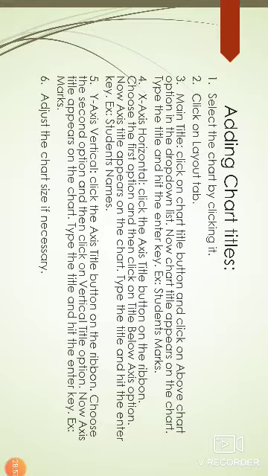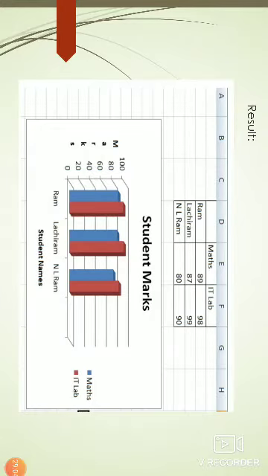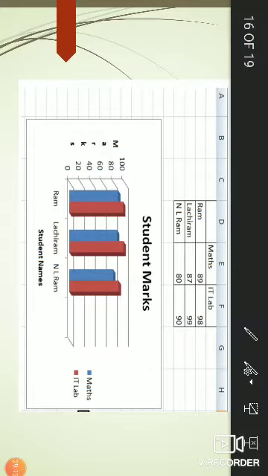Next, adjust the chart size if necessary. So here is the result. The y-axis vertical is marks, x-axis horizontal is student names, and student marks is the title. Maths and IT lab are the data labels.